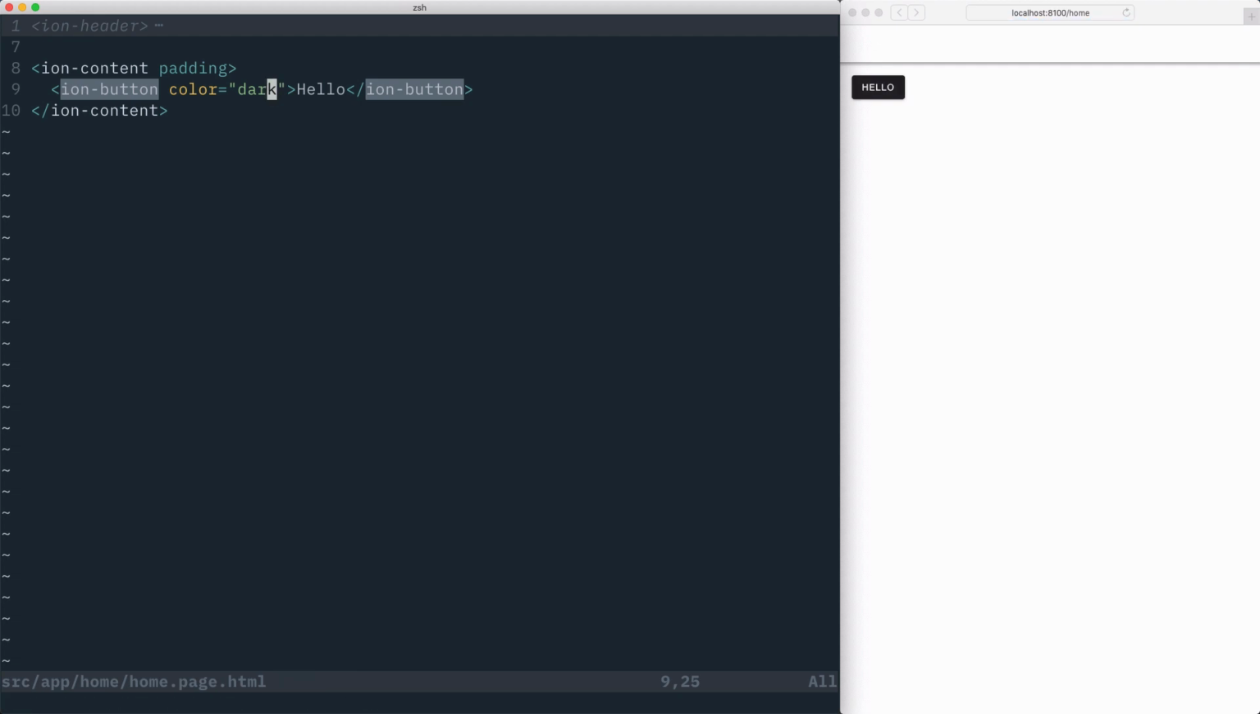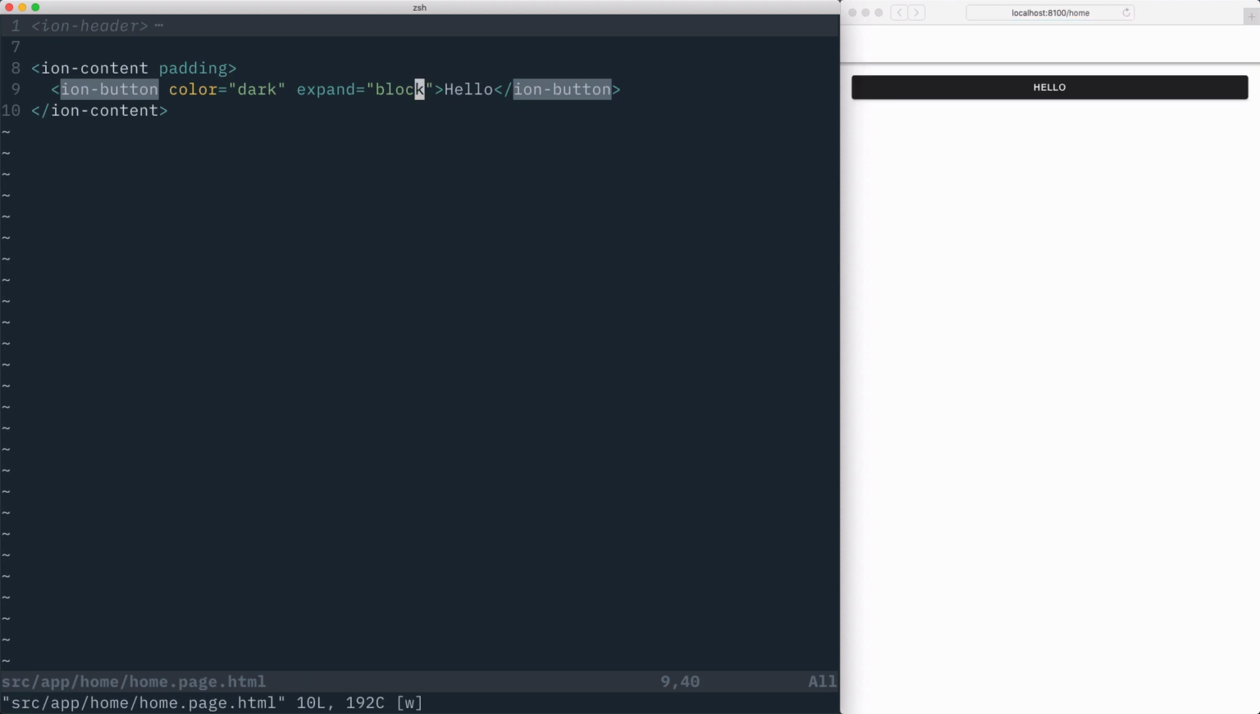To change the size of the button, we can set the expand attribute and pass either full or block. When expand is set to block, the button will be full width with rounded corners and borders around the button. When expand is set to full, the button will be full width but have no rounded corners and no borders on the left and right. This is useful if you have a content area with no padding and you want the button to be full